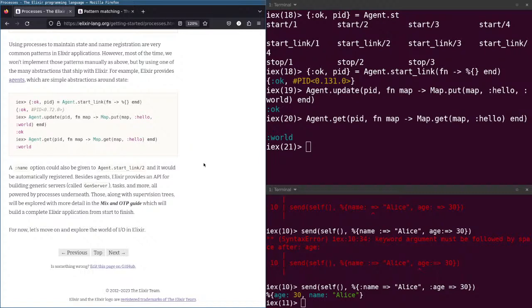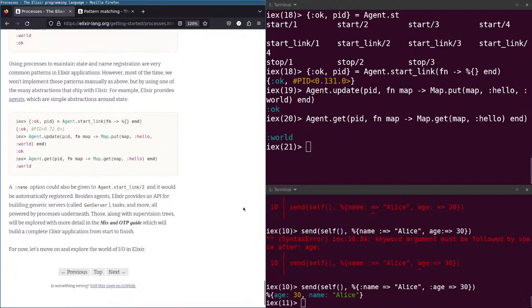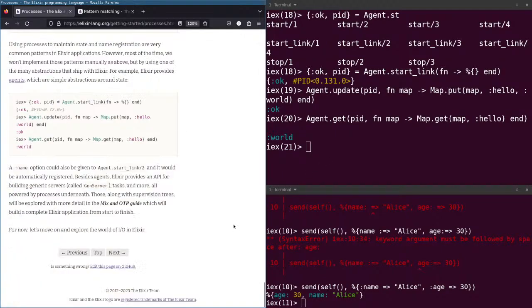Tools along with their supervision tree will be explored in more detail in the Mix and OTP guides that will build a complex Elixir application from start to finish. That's good. Okay. Next.